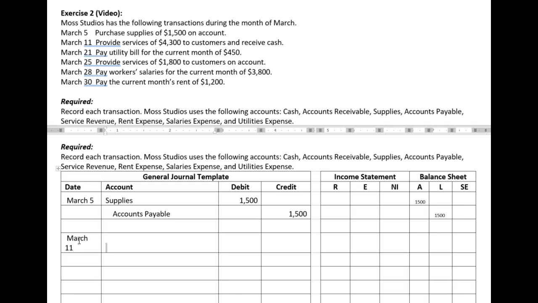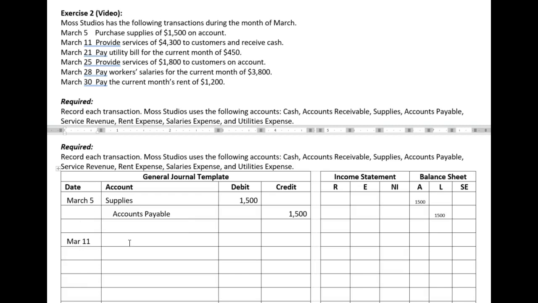And how did they pay for this revenue? In other words, when we provided the service, did we bill them or did they pay cash? Well, in this case, it says we received cash. So this is a cash customer. So that tells us our two accounts involved are cash and service revenue because we provided services. So let's start with cash. Is our cash going up or down? It's going up. So in that case, we actually need to debit cash